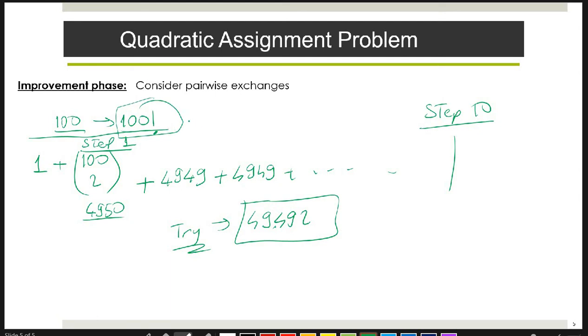If you want the exact optimum solution, you need to try this much. Can you compare these two numbers? You cannot. This is huge. This number is also big, and it's a large number for us to do on paper, but for a computer, this one is very easy. Again, in seconds, you will get the solution. But for the other one, even with a computer, you will not be able to get the solution in hours, maybe